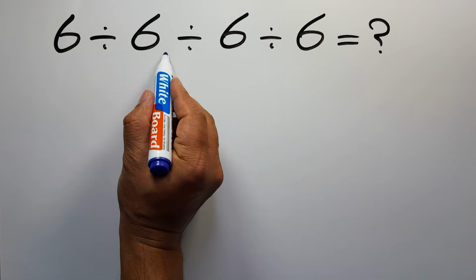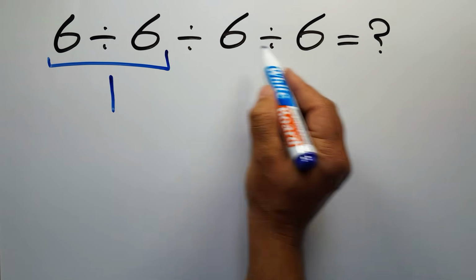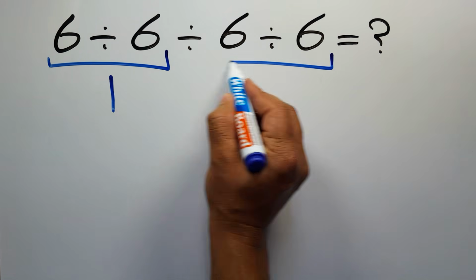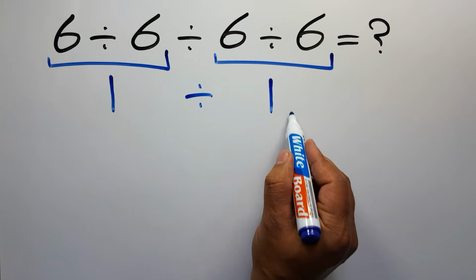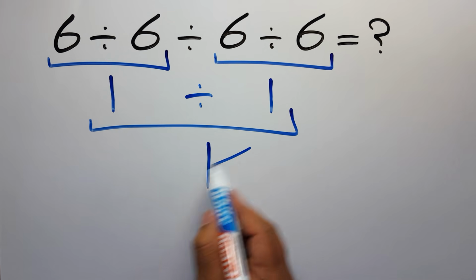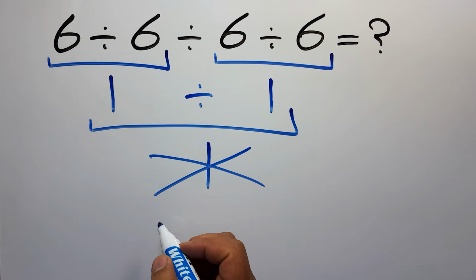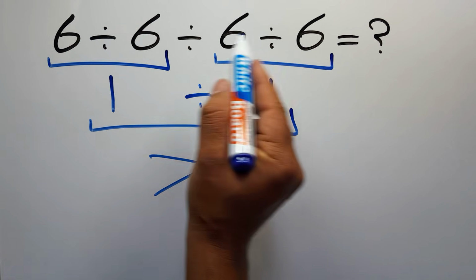6 divided by 6 equals 1. And again here we have 6 divided by 6. So 1 divided by 1 is just 1. But this answer is not correct because according to the order of operations, when we have more than one division